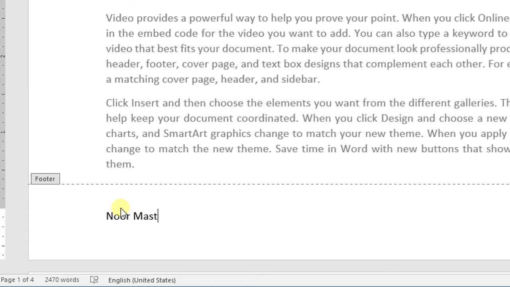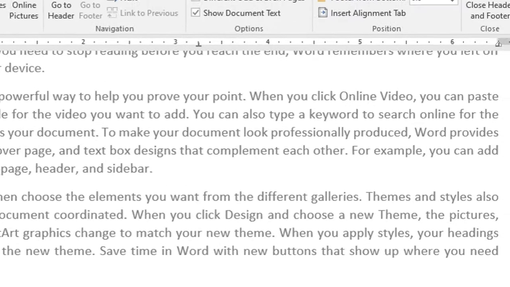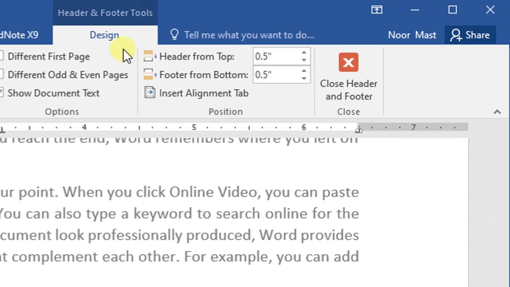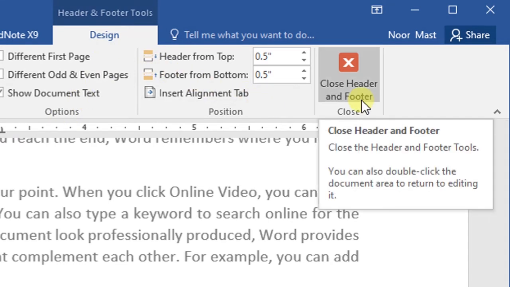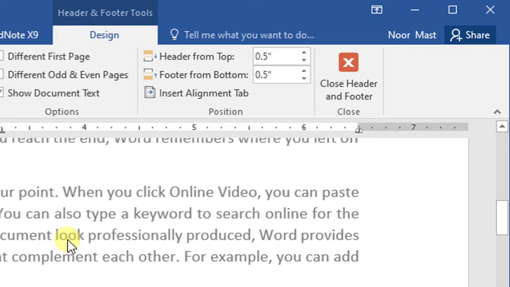When you finish entering your information, there are three different ways to exit the header or footer section. One is to go to the design tab, and here the close header and footer command is available. Click this one, or double click on your text outside the header or footer section, or press the escape key to exit the header section.